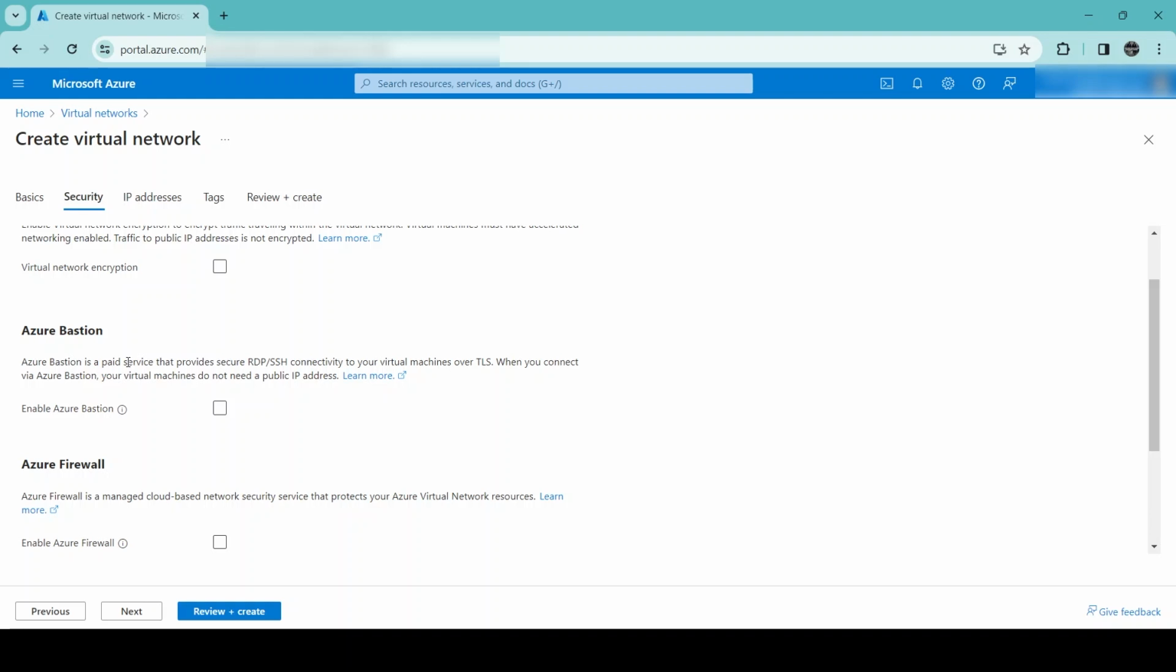It will work with RDP or SSH. We don't need to download an RDP file to our system. Instead, you can directly open a new window in your browser and access the Azure virtual machines through the browser. That is a more secure way. So people normally choose this Azure Bastion service